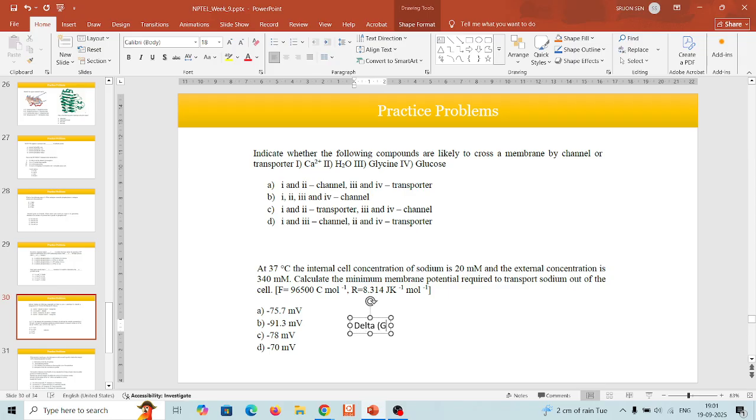So you have delta G, that is 0. Delta E is RT ln of the concentration of Na outside by the concentration of Na inside,